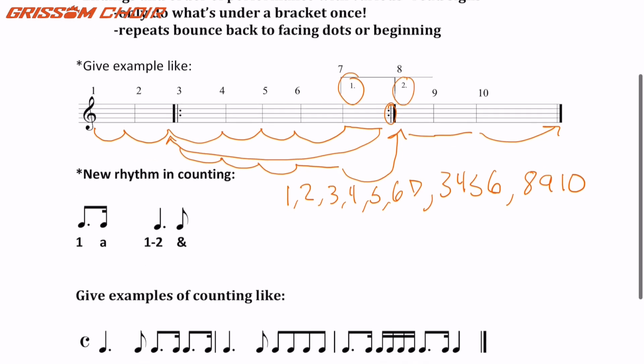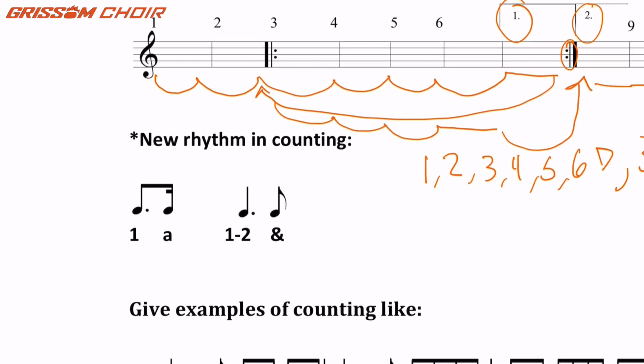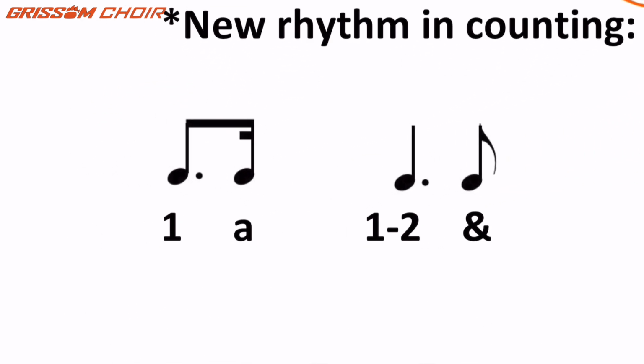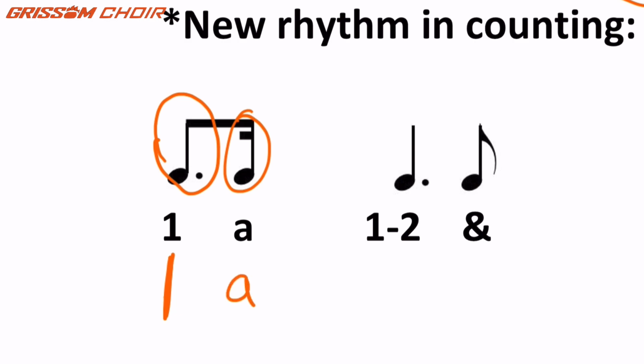Moving on to this next concept, we have two new rhythms that we need to learn. Our dotted eighth note, followed by a 16th note. So the dotted eighth note would get the 1 or the 2 or the 3 or the 4, based on what beat that beginning eighth note falls on, the dotted eighth note. And then we have a 16th note at the very end, so we would call that